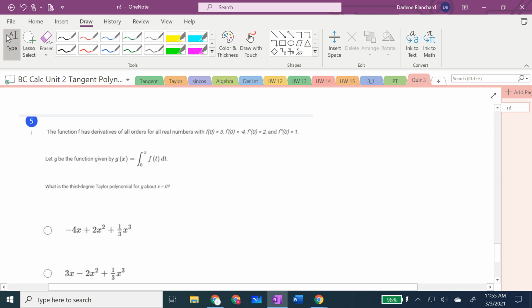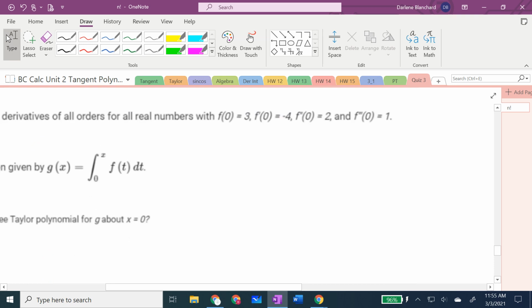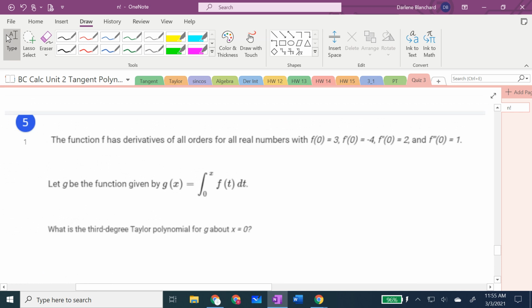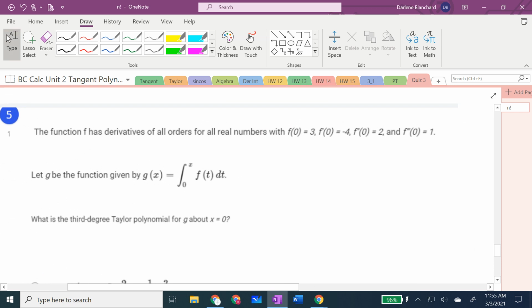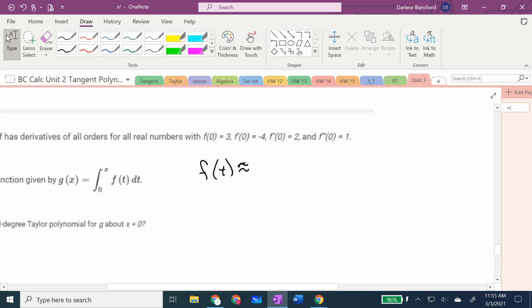And then this one, we are trying to find the integral of the function f of t. First, I've got to find f of t. Isn't that fun? So, f of t through the Taylor formula is my f of 0 plus my f prime of 0